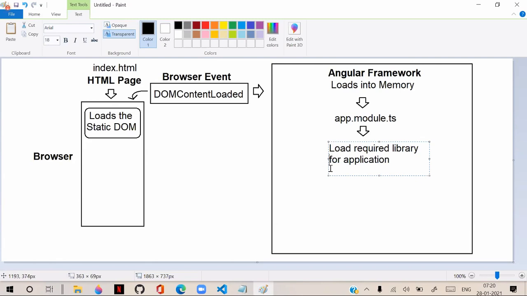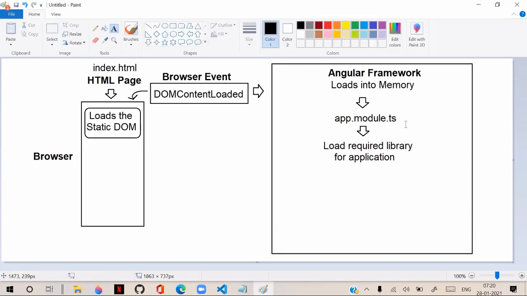Whatever library is required for that application, it loads that required library. That means it will import and load the required library for the application. After loading the required library for the application, then what happens is,